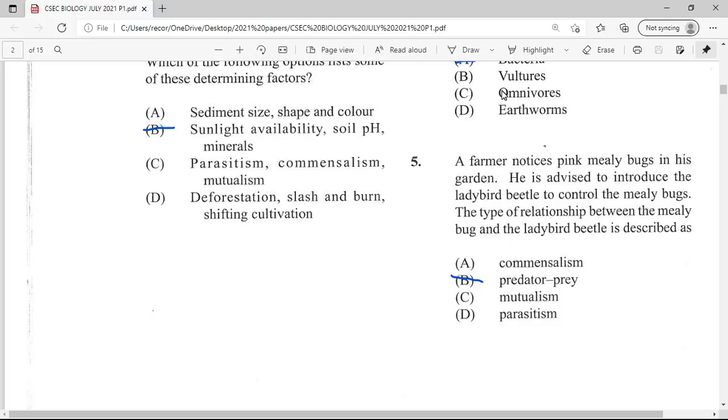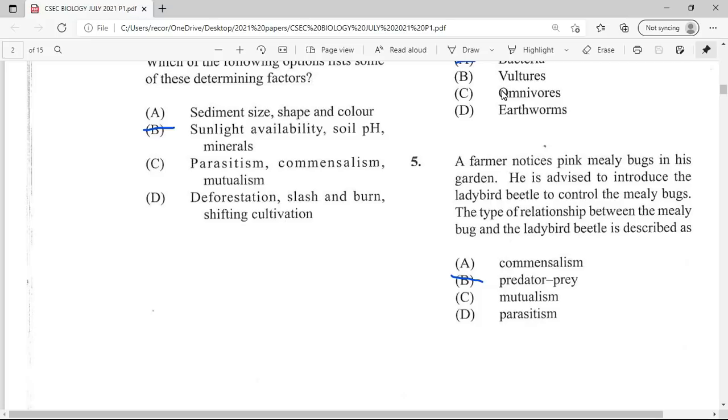I think it's an aphid, I think it is. I think it's a relationship like an aphid. I don't remember what a pink mealybug is. I know the name, but I'm going to be honest here. All right, but based on what I'm seeing here, and I'm arguing it like a student, you don't know one, but you have to use context clues to solve it here. All right, so I'm arguing down that line.